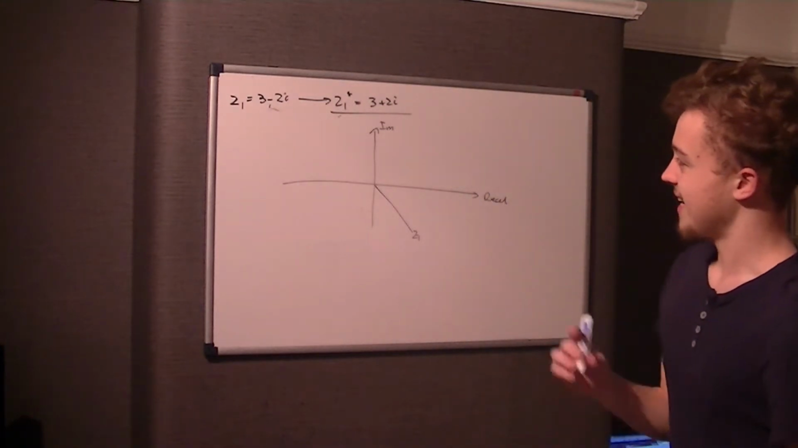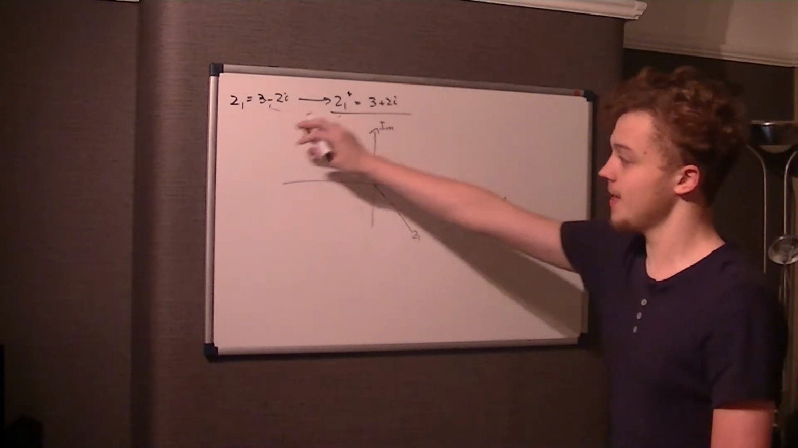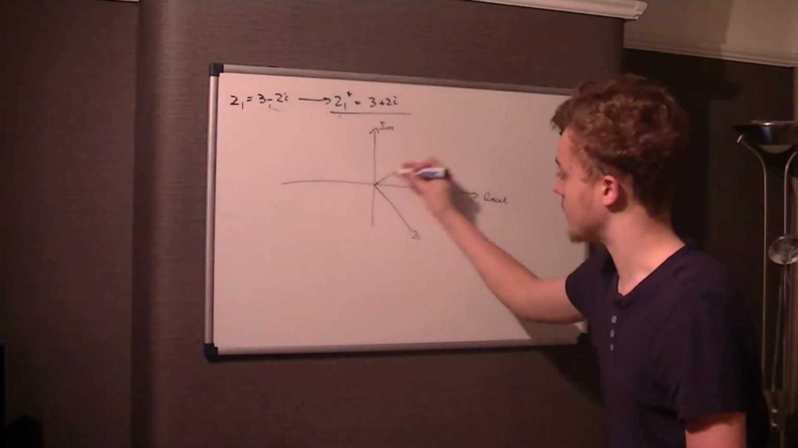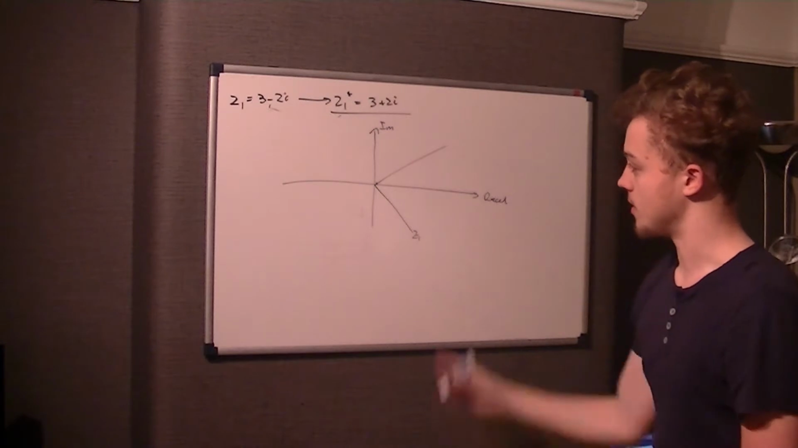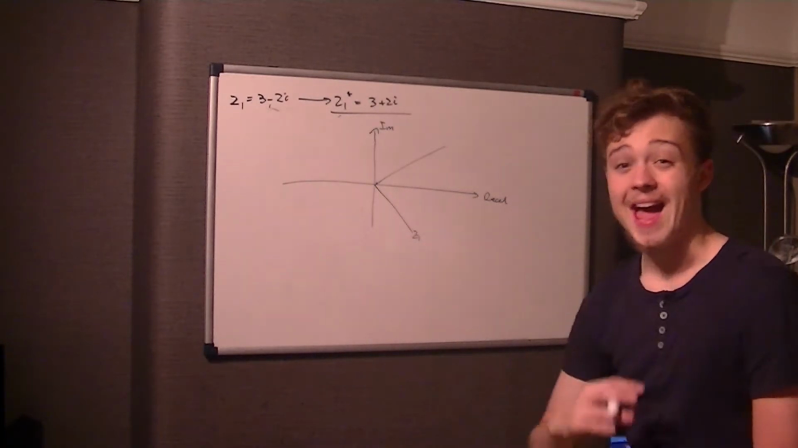But this Z1, a key thing, because this is plus 2i, if we didn't know this, let's just draw this Z1 star, then it'd be something like this, because it'd be 3 to the right and 2 up, yeah? Whereas this is 3 to the right and 2 down. So you could try this for